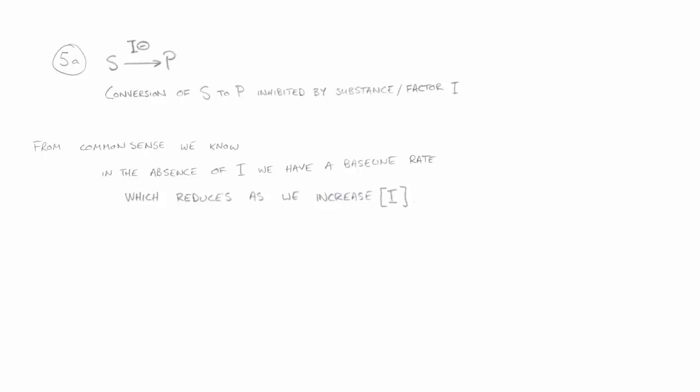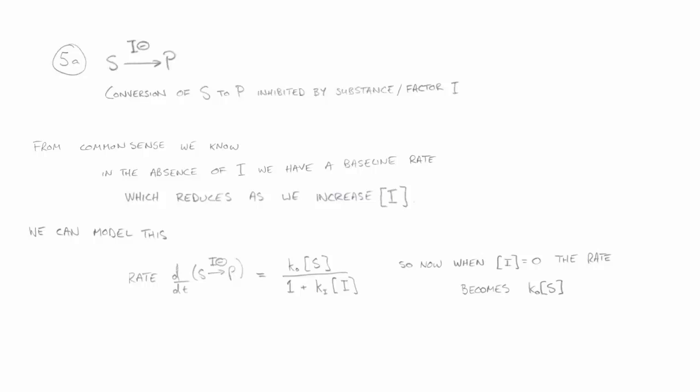And from common sense, we know in the absence of our inhibitor we'd have a baseline rate, and then as we introduced our inhibitor and then added more, that rate would reduce. So we can model that relationship with this formula. So we've got K naught S divided by 1 plus Ki times I,